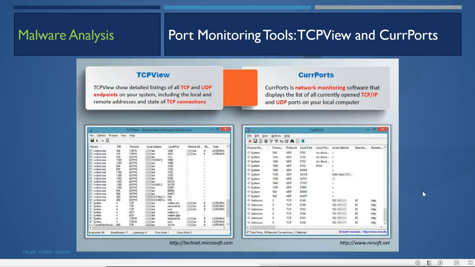Then we can use port monitoring tools such as TCPView and CurrPorts. TCPView shows a detailed listing of all TCP and UDP endpoints on your system, including the local and remote addresses and the state of TCP connections. CurrPorts is network monitoring software that displays a list of all currently open TCP/IP and UDP ports on your local computer.